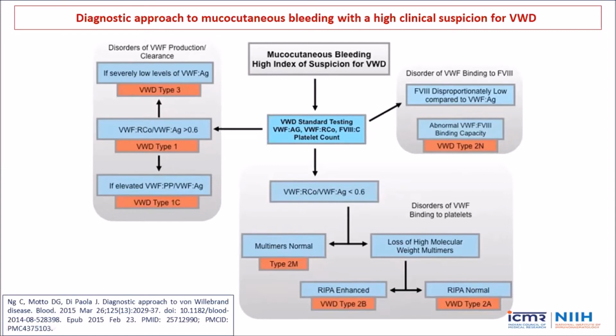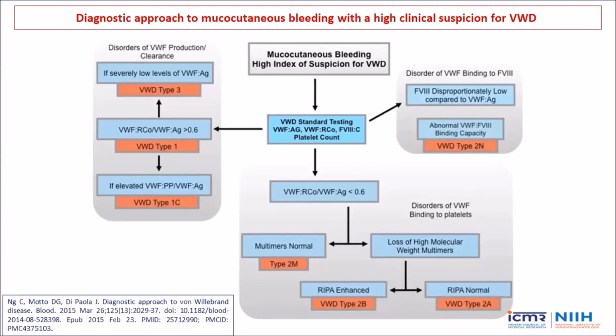If the ratio is less than 0.6, then you can classify them as type 3 or type 1 or type 1C. These are the defects of production or clearance, where you see very severely low levels of von Willebrand antigen in type 3, whereas in type 1 you have the mild reduction,